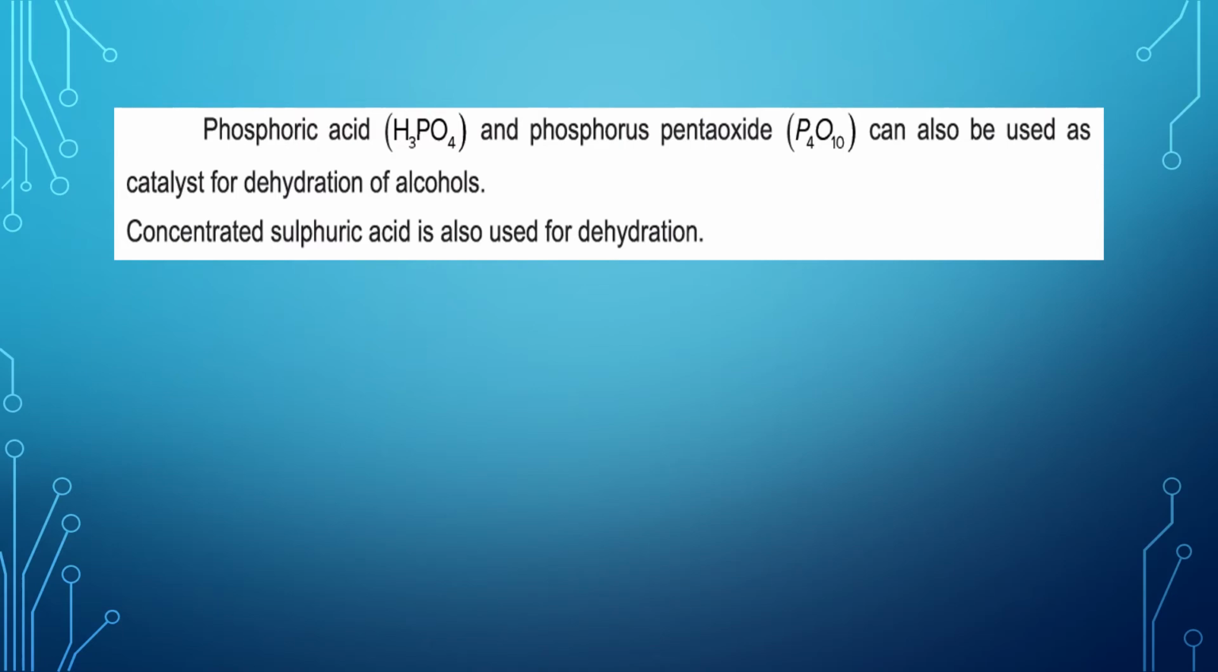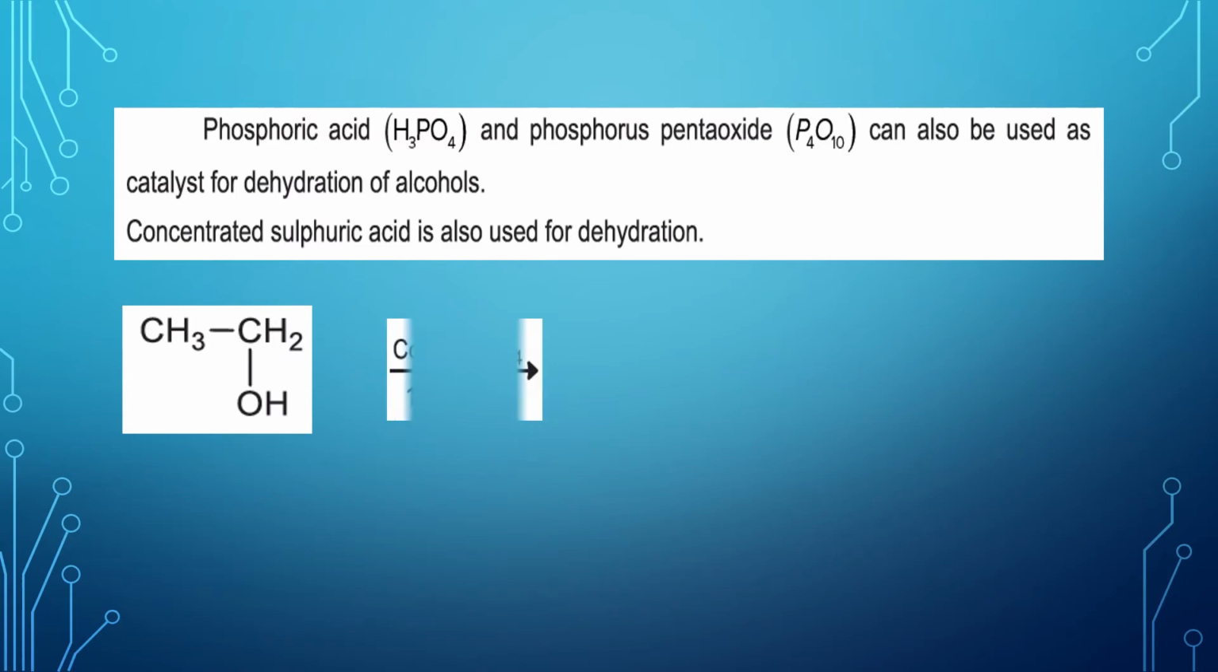And the third thing that we can use for the dehydration process is concentrated sulfuric acid. It is also used as a dehydrating agent. So in this example you can see that it is ethyl alcohol, and when vapors of this ethyl alcohol are passed over concentrated sulfuric acid at high temperature, that is 140 to 170 degrees centigrade, our product will be